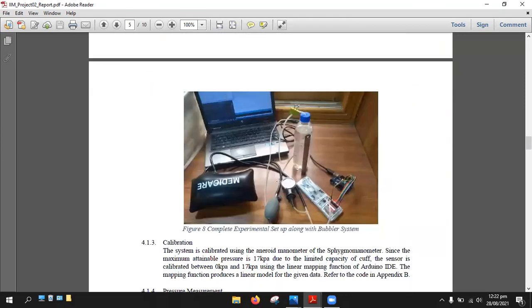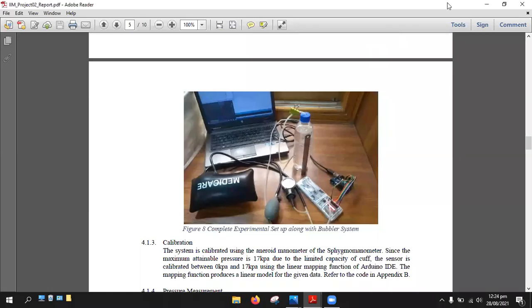This is the actual setup in which we use the blood pressure bag with the blood pressure hand control valve. So this right here, as you can see, is the pressure gauge that is part of the blood pressure measurement system. This blood pressure bag was used to create the pressure for our pressure sensor, which is mounted within this breadboard right here, and the pressure was controlled using this hand valve control. Similarly, the pressure gauge was attached for calibration purposes.